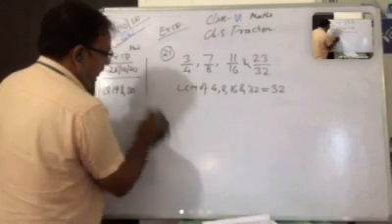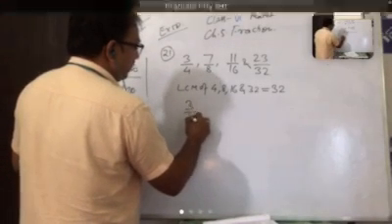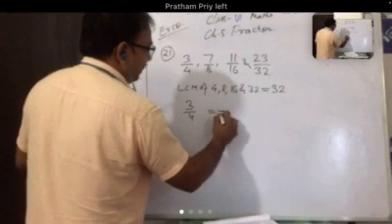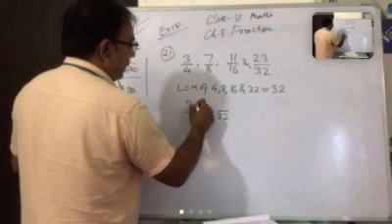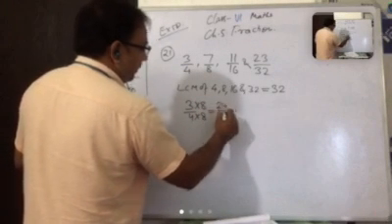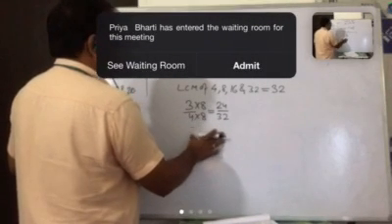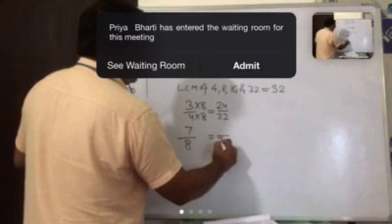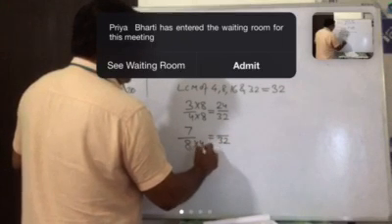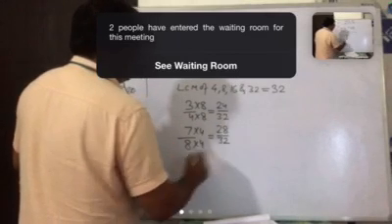Required denominator is 32. Then write the first fraction. This is 3 upon 4, and the required denominator is 32. Now 4 times 8 is 32, and 3 times 8 is 24. Now the second is 7 upon 8, and the required denominator is 32. 8 fours are 32, and 7 fours are, you know that, 28.